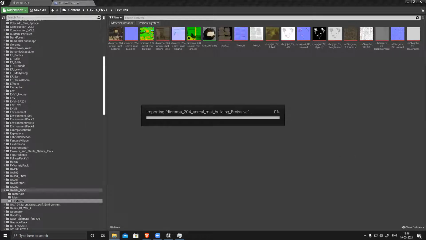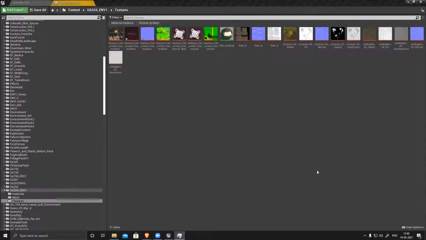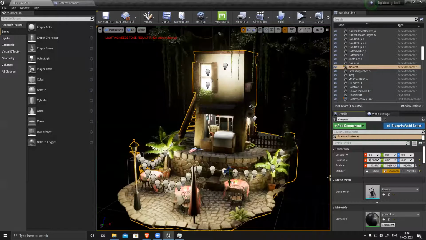Oh, thank God. Finally it's loaded. Now you can see everything is loaded and updated.